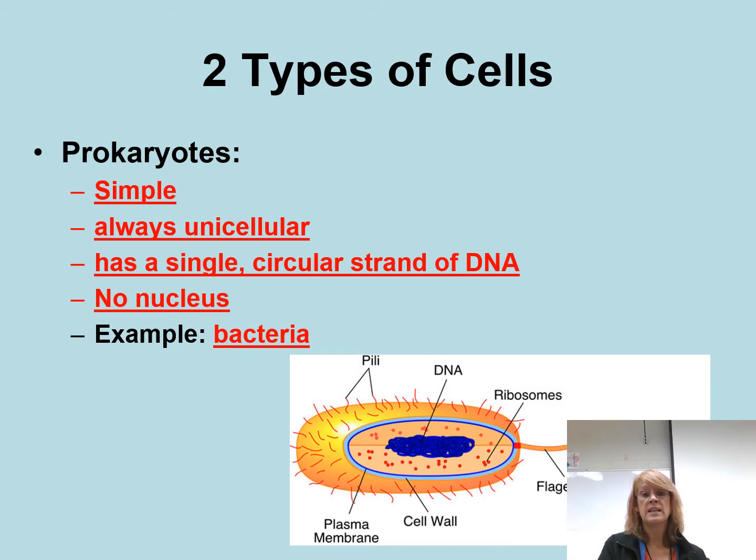Now, like I was mentioning, in nature we actually have 2 categories of cells. And for years, we didn't have the technology to know this. But we now take all the cells in nature and we divide them into 2 groups. The first group is this thing called a prokaryote. Now, the root word pro means before. Like if you do a prototype, it's kind of like a model of what you want to make. And kary, K-A-R-Y, means center or focus or what we call the nucleus. So the term prokaryote means before the nucleus.